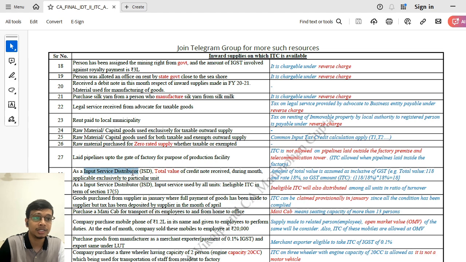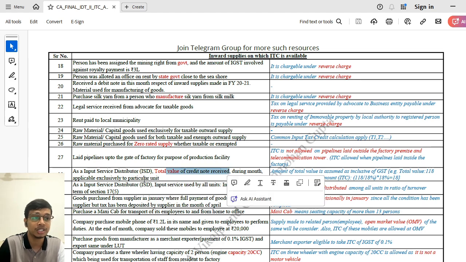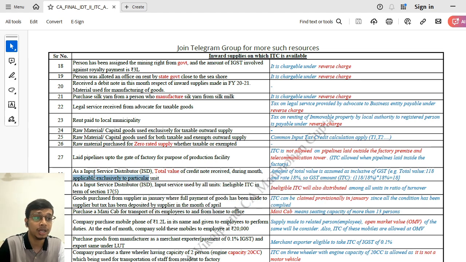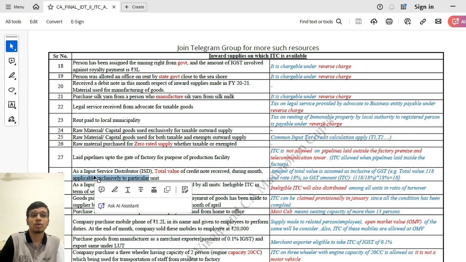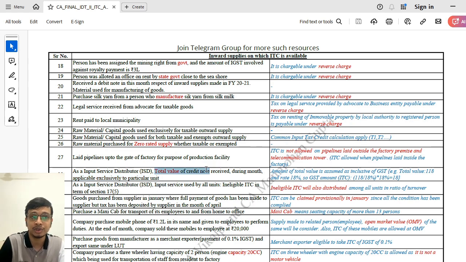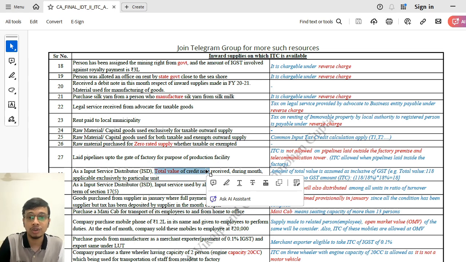Next, in case of ISD, total value of credit note has been received during the month and applicable exclusively to the particular unit. तो इस पे हम IGST applicable हो रहा है पर्टिकुलर यूनिट, उस पे IGST we can distribute कर सकते हैं. बट इसमें important point क्या है, total value of credit note has been received. जहाँ पे भी total value लिखा आ गया वहाँ पे it means कि it will include the value of supply